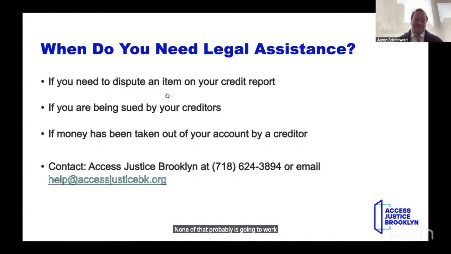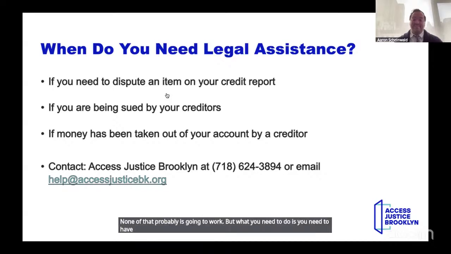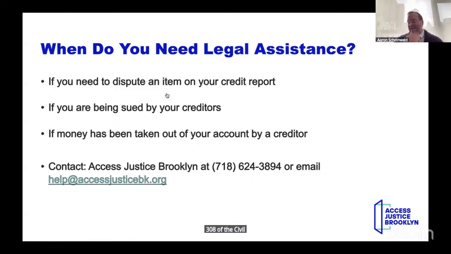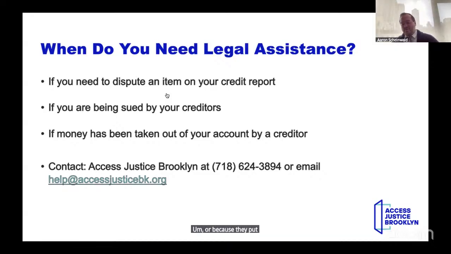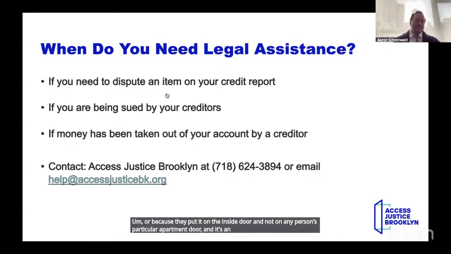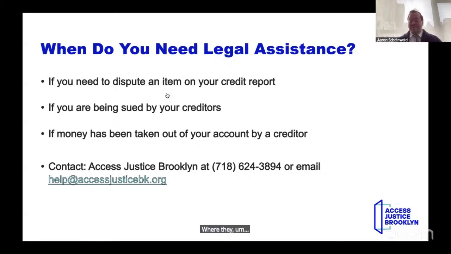But what you need to do is you need to have someone get the affidavit of service and figure out what the process server swears under penalty of perjury happened that is in compliance with 308 of the civil practice law and rules. And if there is something wrong because they went to the wrong apartment, or because they put it on the inside door and not on any person's particular apartment door, and it's an 18-unit building or a 200-unit building or a 4-unit building or whatever it is, or someone didn't receive it at all,